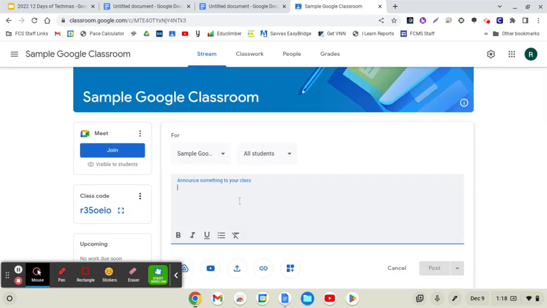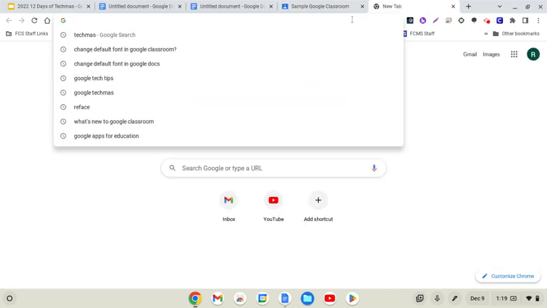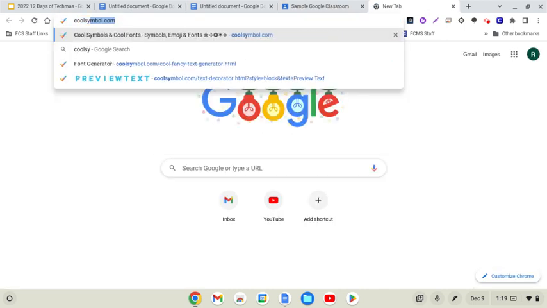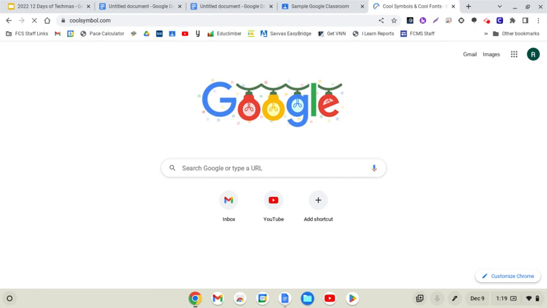And I'm going to put that same message. There's no font menu here. There's nothing I can do to change this font. I can bold it, italicize, underline, but I can't change what it is. So a way to work around that is to open up a new tab. I actually did a video on this last year, but if you go to coolsymbol.com,